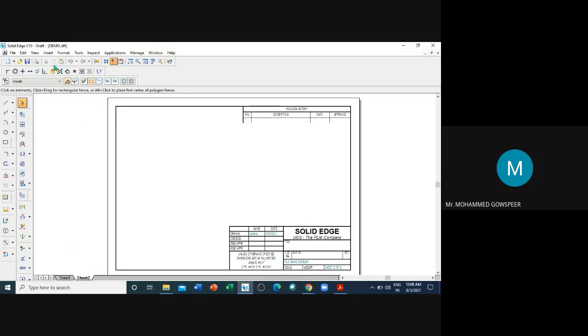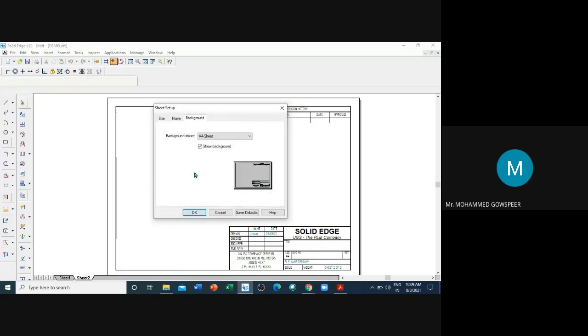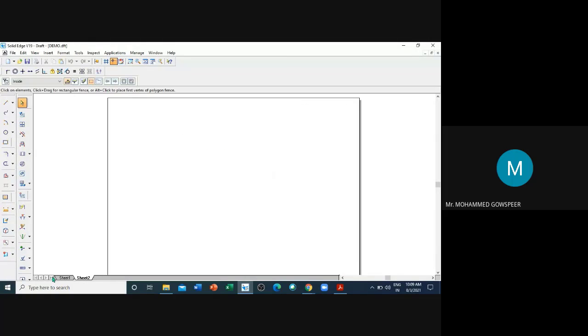You hide that background. Then in the same file, you insert three sheets, because three sheets are enough for three problems. Okay. So insert the three sheets and type your USN. And once you complete the software part, you can give a printout.